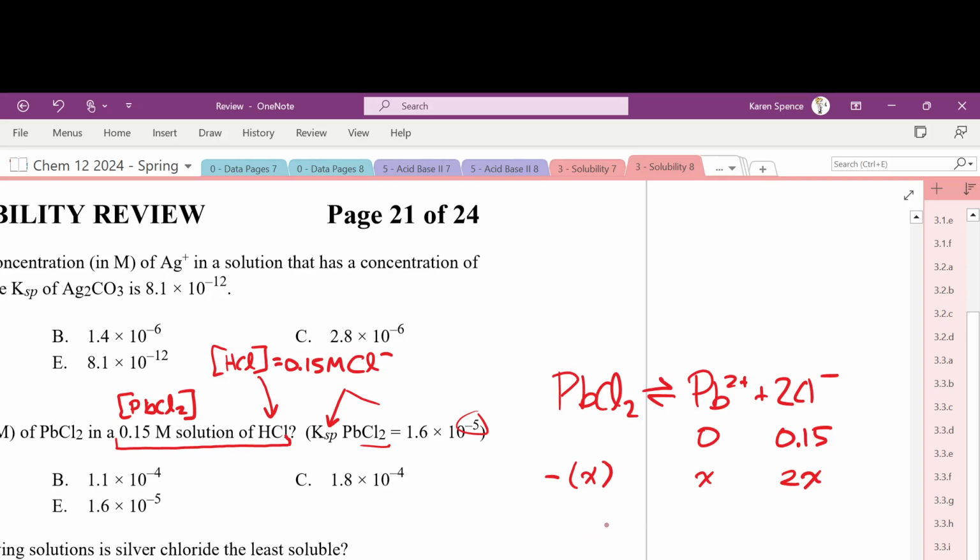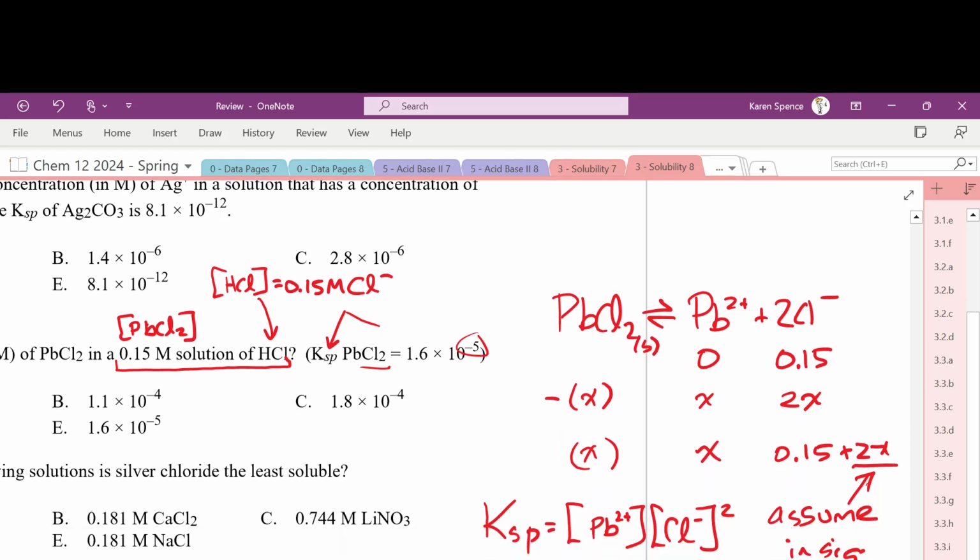So you end up with... that's a solid though, so we don't use it, right? X, 0.15 plus 2x. However, this is assumed to be insignificant. Yes? So really what we've got is KSP is equal to the concentration of lead times the concentration of chloride squared. And so chloride squared is,